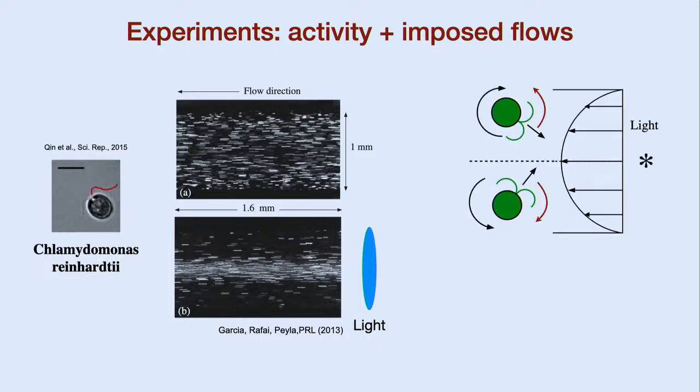Okay. So the explanation was given like this. A simple explanation is that the flow here is not uniform; it's parabolic in nature. This is the channel width. Because of that, a swimmer that is on the top half of this channel will actually encounter